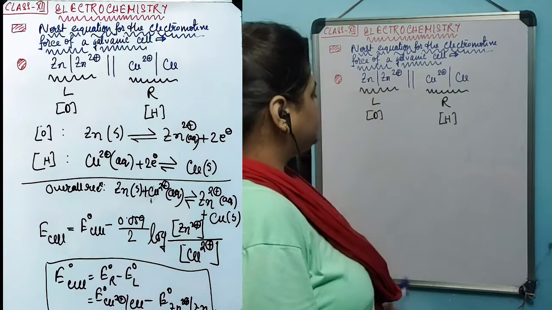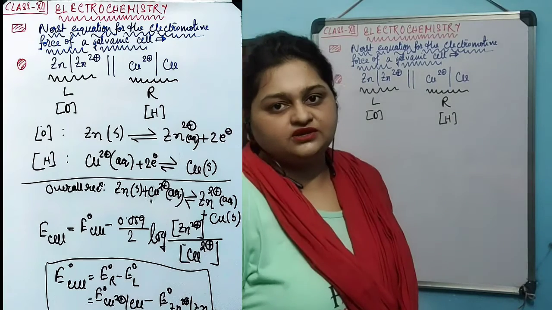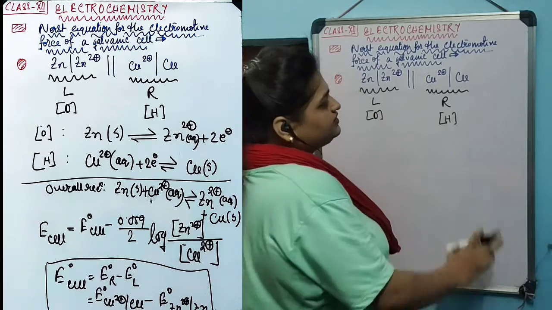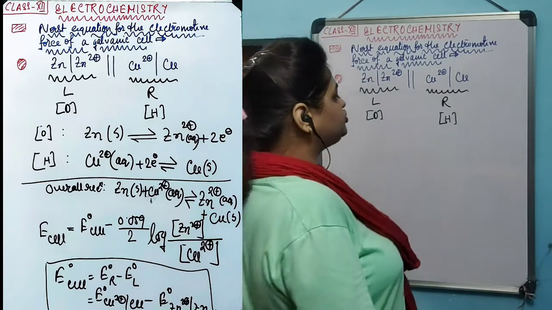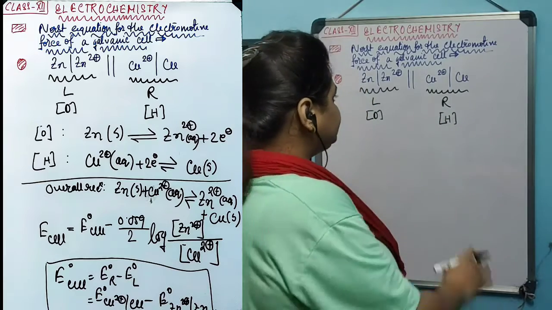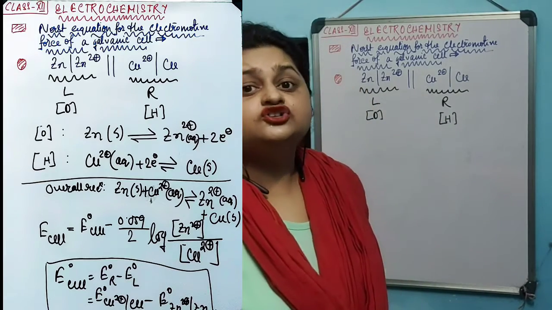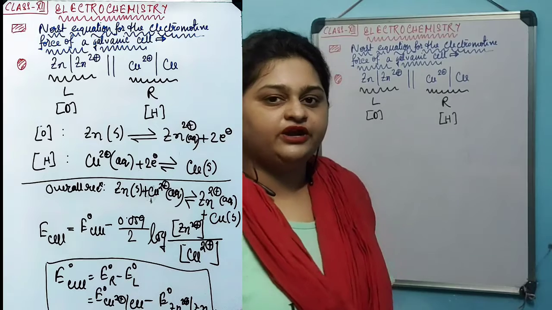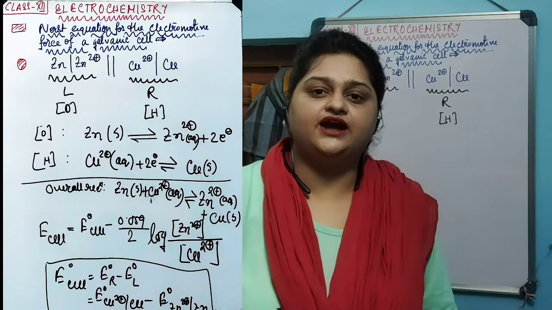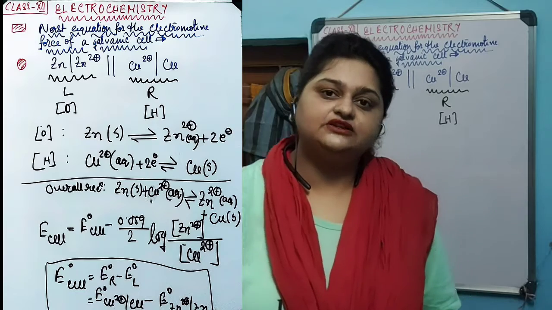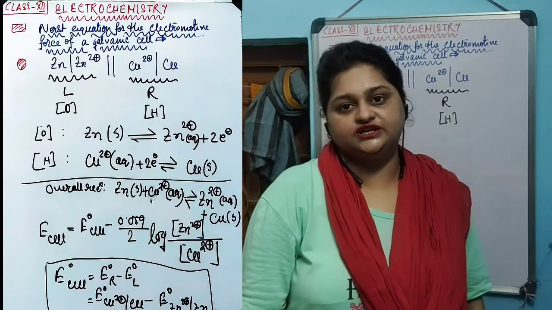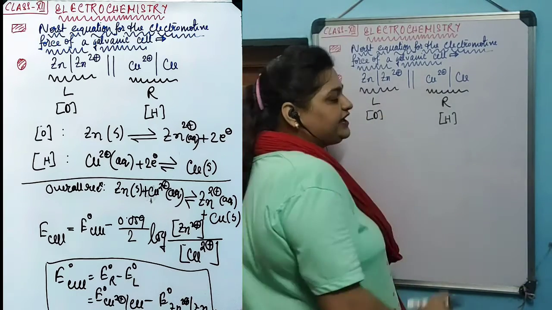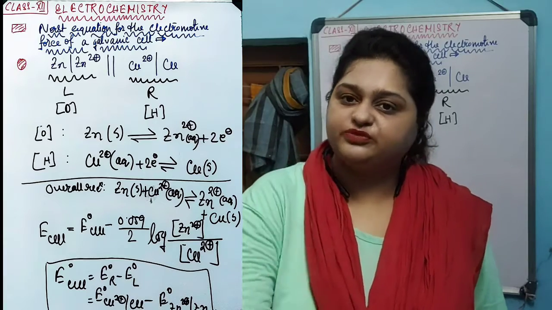So if you imagine, this one is the left hand side beaker in which the oxidation is happening, the anode is present, and the right hand side beaker is represented by this side, in which the reduction occurs. And this double line represents the salt bridge connecting the two reactions. So this is a very schematic, short representation of the entire galvanic cell construction. As the galvanic cell construction is very complex to draw, in very simple terms this approach has been taken to represent a galvanic cell.